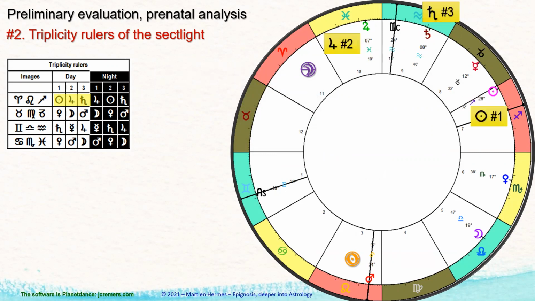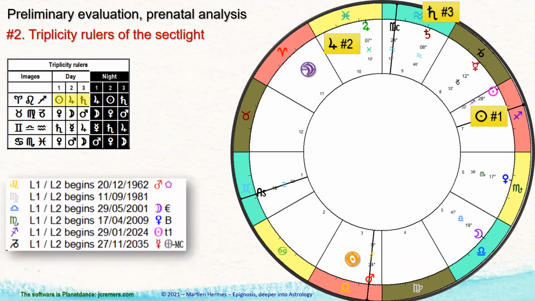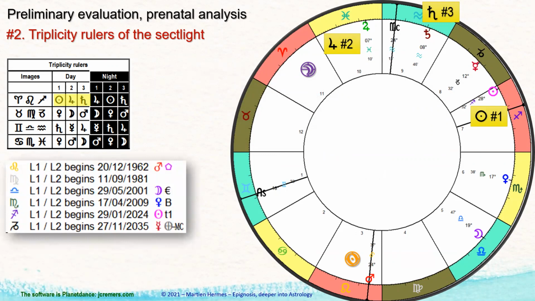And as you can see, we have the sun as the first triplicity ruler, Jupiter being the second, and Saturn being the third. And again, these are very strong places for these planets to be. So there, as Valens would say, there is strong support in this chart. Thank goodness. Sorry? Thank goodness. Yeah. Okay.